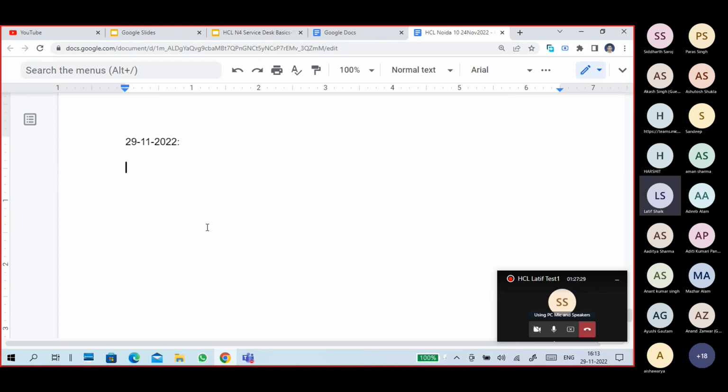So the point is we are going to discuss a service desk today, and mostly I will try to complete the basic parts today. Any additional things we want to discuss, we will discuss next. Okay, main points, guys. First, service desk is a SPOC. Okay, meaning single point of contact. What is SPOC? Single point of contact.